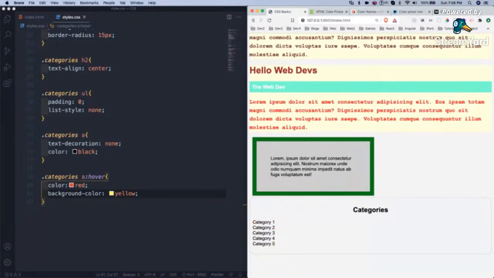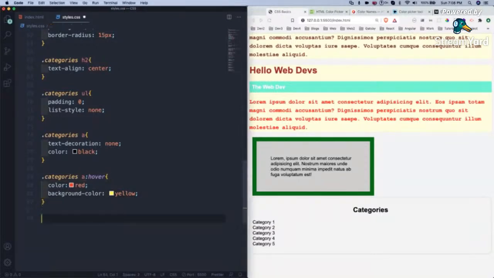So this is it, and the categories are very close to each other. I want to move them a bit down.